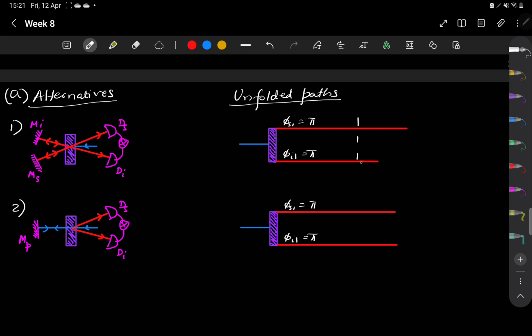Assume that this was the balance position. Then we have this distance as 2xs, because mirror MS is moved by xs, so going and then coming back, that makes it 2xs. Similarly, this is 2xi and this is 2xp,